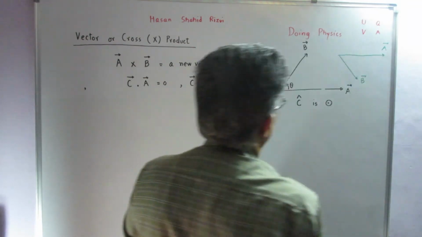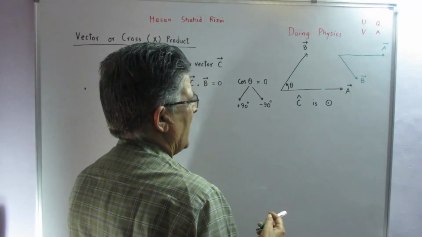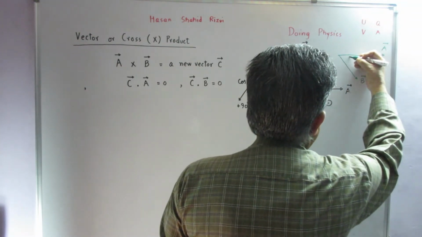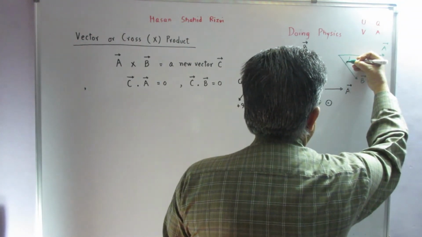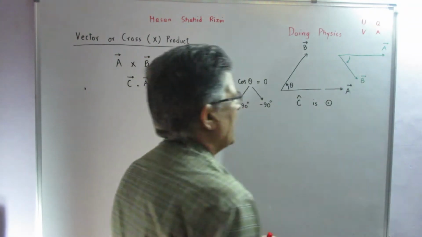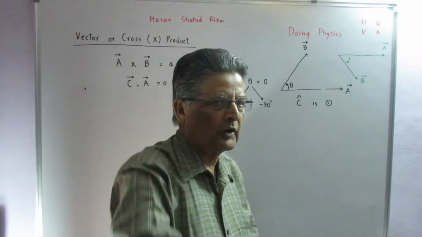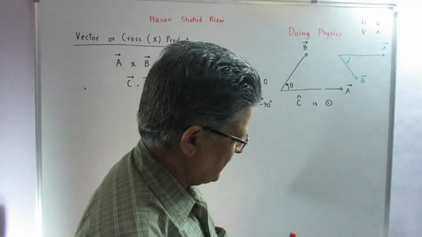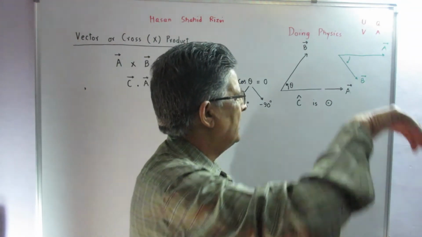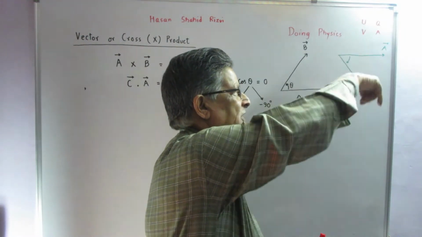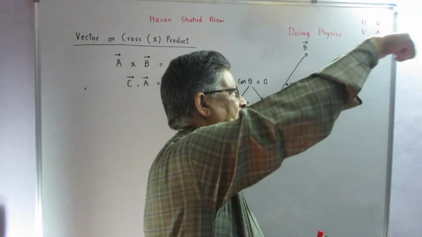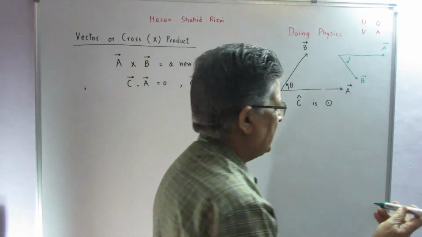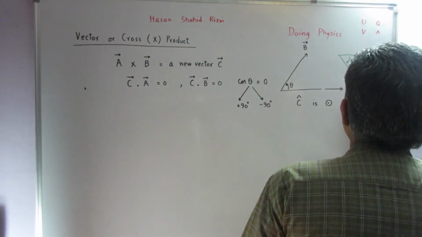Then in A cross B, I have to rotate my vector A towards the vector B through the angle that the second vector makes with the first vector, and I'll get A cross B, the sense of the new vector C. In this case, if I rotate like this, my thumb points inside, and that means my C cap